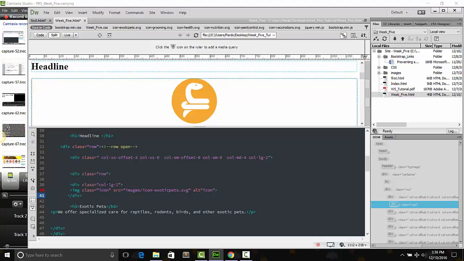So this means that image will be inside the new row only taking up 1 column, and our other parts here,